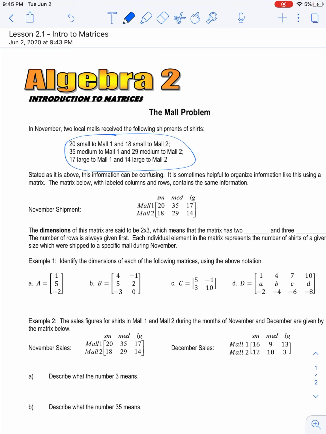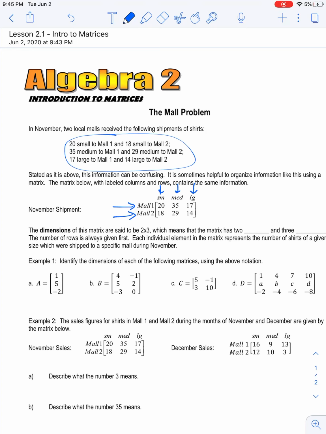So as you can see here, the information written out in sentences like this can sometimes look confusing, and it's helpful to organize it in what we call a matrix. So a matrix kind of looks like a table. We organize the numbers by rows and columns. So as you can see here, for this November shipment of t-shirts, we have that in the first row, mall 1, and second row is mall 2, and then in the columns we have the sizes for small, medium, and